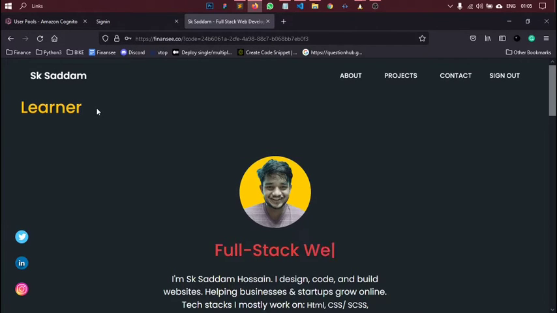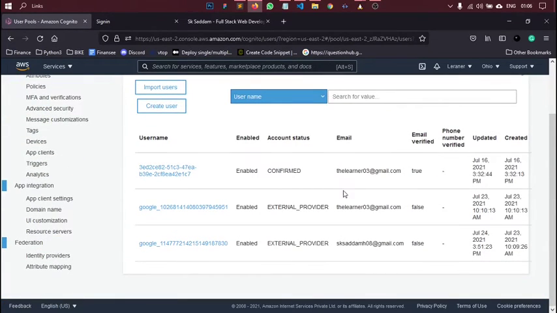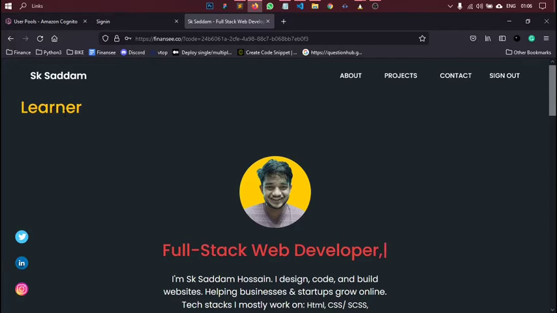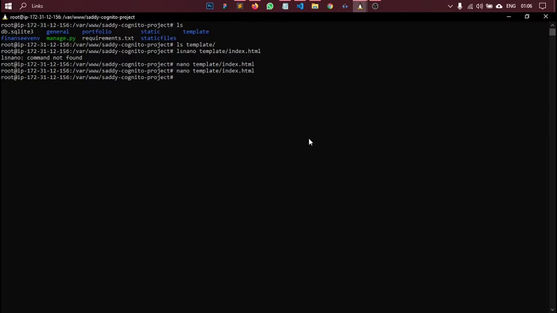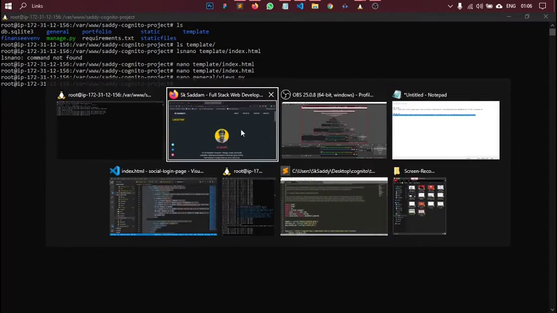So you can find I have logged in using the learner email ID. Here you can find that user group, and go to this learner. Here you can see my name is learner, right? So that's why it is just showing me learner. Let me show you how I am able to get that. Just go to general views, and here you can see we have passed this user data, right? We have passed this user data through this content to the template, and that is why we are able to